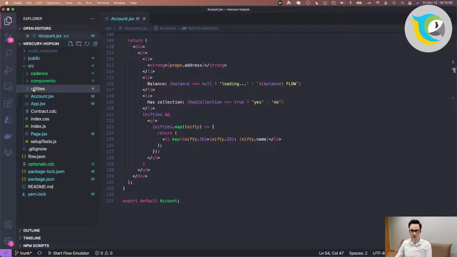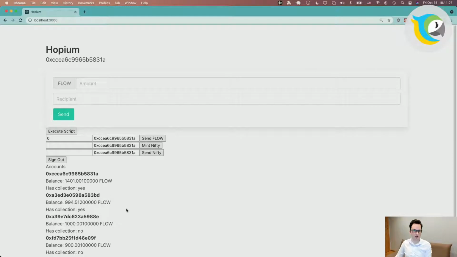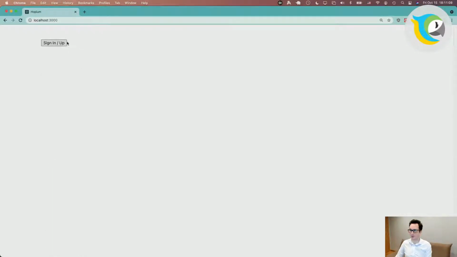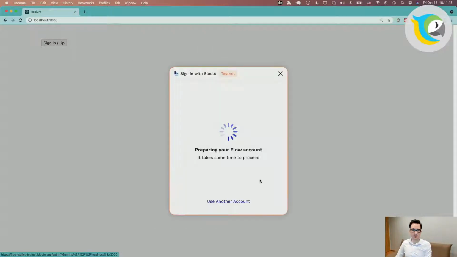Last time it was just the entry point where we log in with FCL, authenticate and unauthenticate, and we can see it here. This button brings up the Blocto wallet, and we can go ahead and sign in.